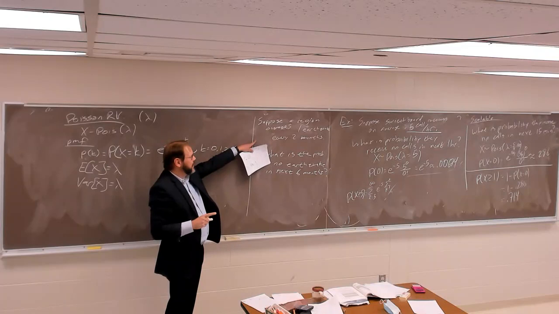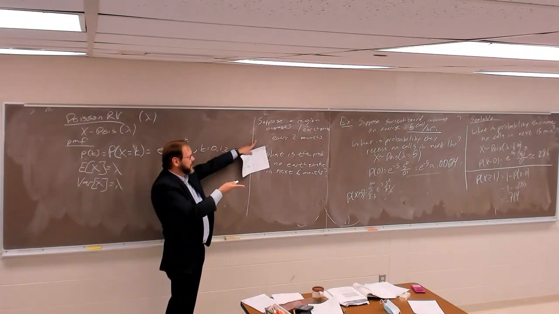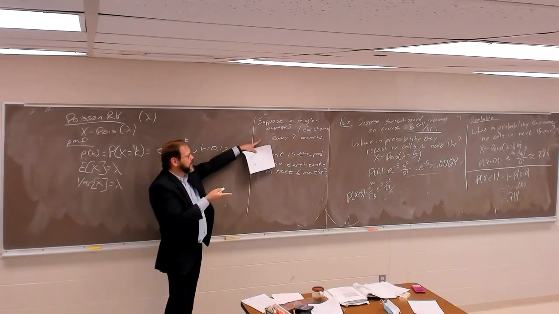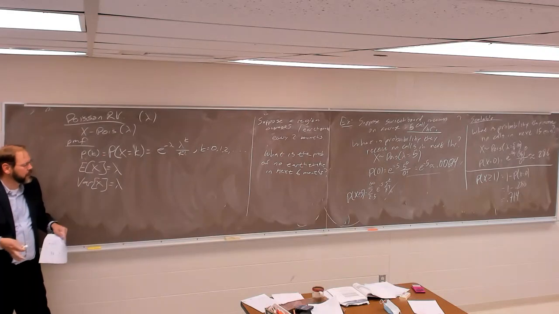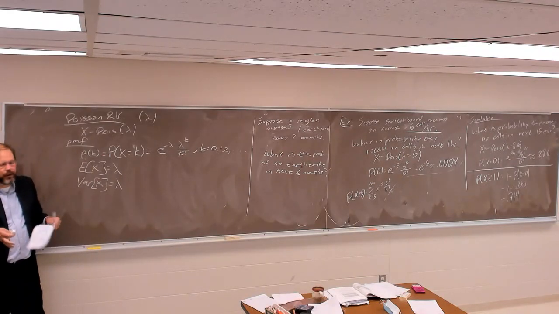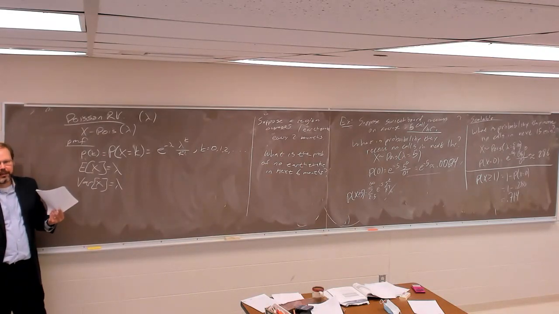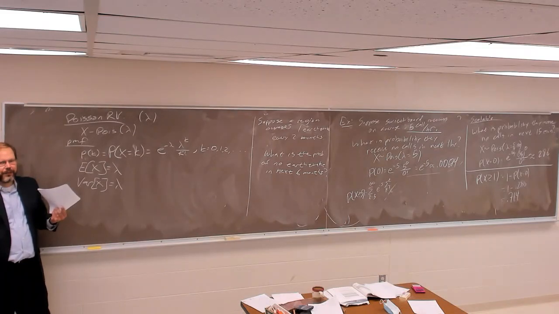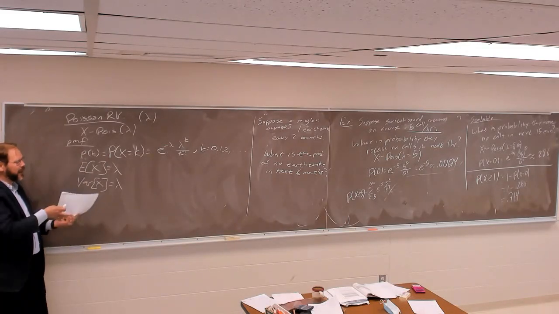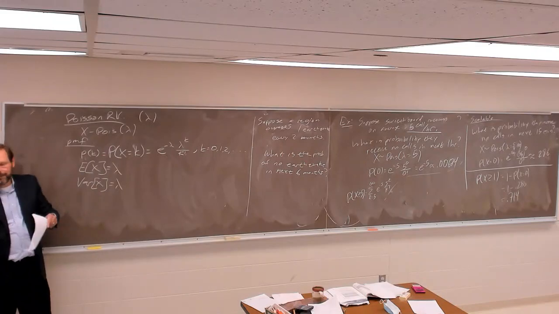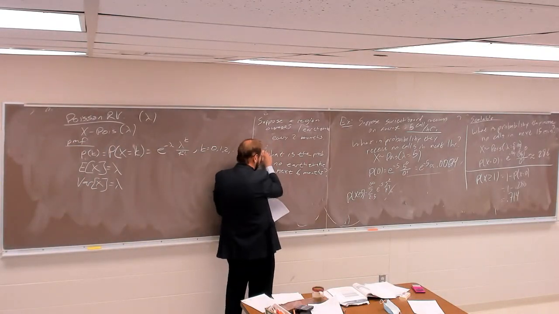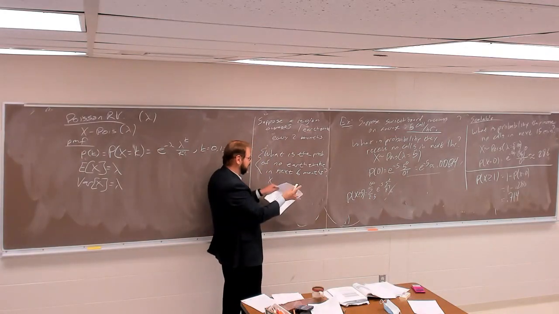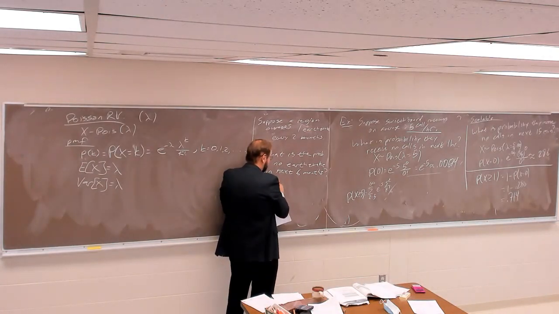So initially, I could think of this as a Poisson random variable. If my scale is every 2 months, it would be once every 2 months. If my scale is 6 months, how many do I expect over 6 months? Well, if I expect 1 every 2 months, how many do I expect every 6 months? 3. So if my scale is on the 6-month scale, this is a Poisson random variable